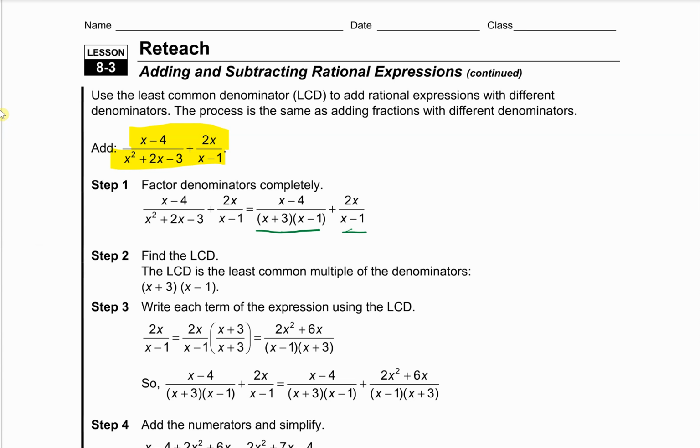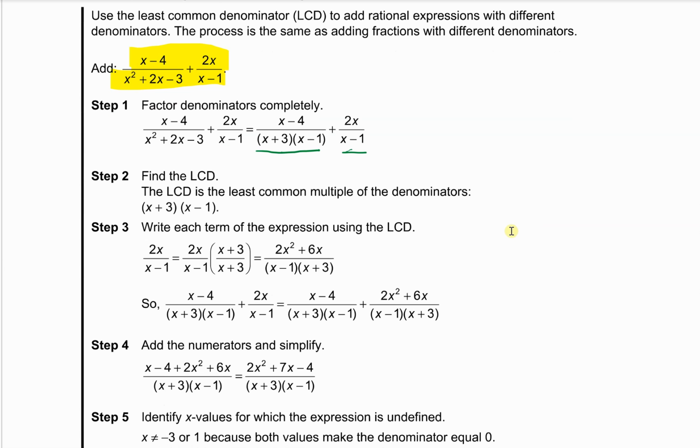So how do we find the least common denominator? The least common denominator is actually the least common multiple of the denominators. This is kind of the opposite of greatest common factor. It's going to be, what do they both have? If you look at this, they both have x minus 1, but the first term also has this